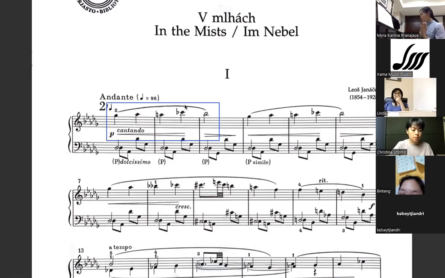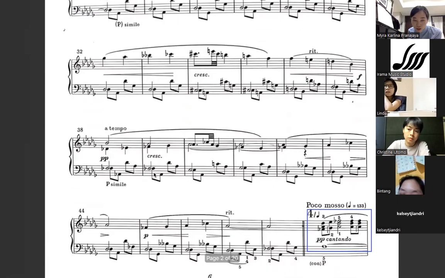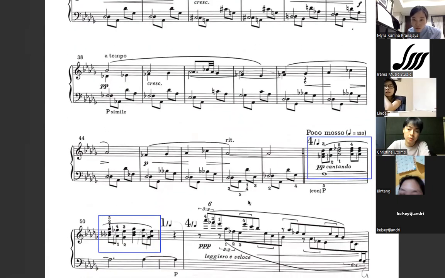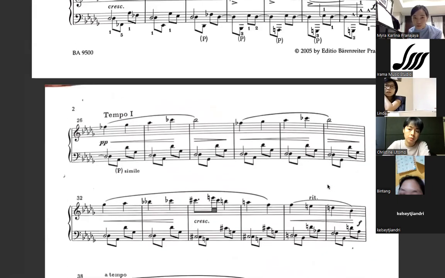And although the piece is written in D flat major, you could not really tell the tonality of the piece, especially in the beginning, because Janacek didn't write a solid D flat major chord. Although he did have this D flat as a pedal point, it's really uncertain, really vague. We have a D flat major quality at the end of the first section, over here in bar 48, but I would say it's not a statement. So it's really a picture of being in the mists.